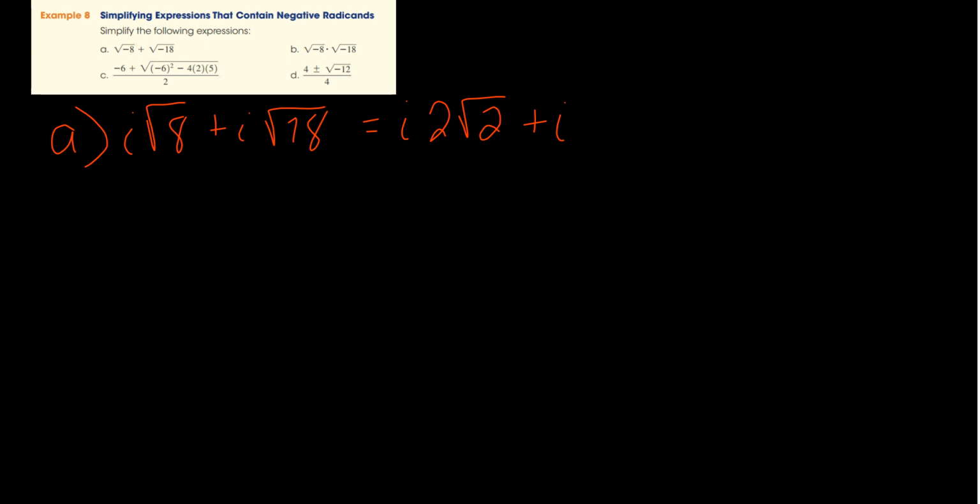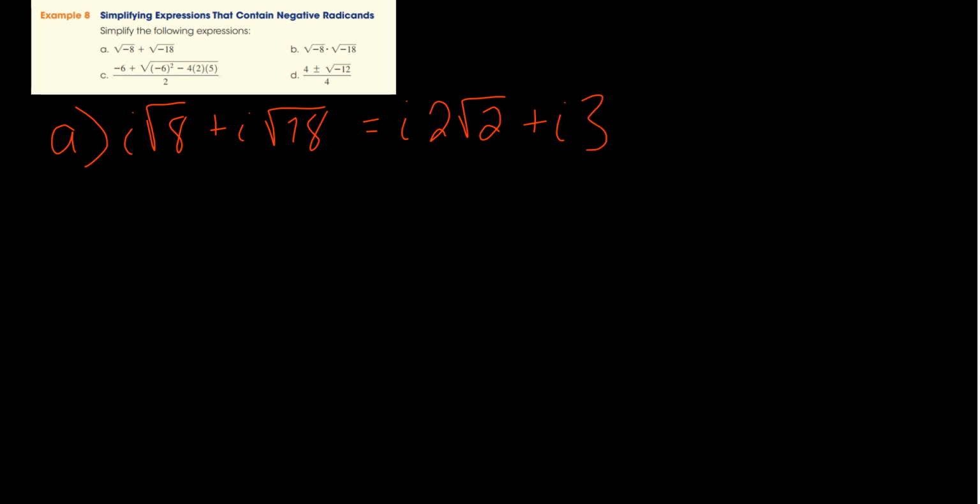So I would say this is actually good. This is okay. Let's actually zoom in on this real fast. So I pulled the i out. Okay, that's what I did here. I pulled the i's out, and then, you know, I know that 8 is 4 times 2, and I could take the square root of 4 out, and that's where this 2 came from. Okay, and likewise, the 3 that I'm going to be pulling out would be the square root of 9,